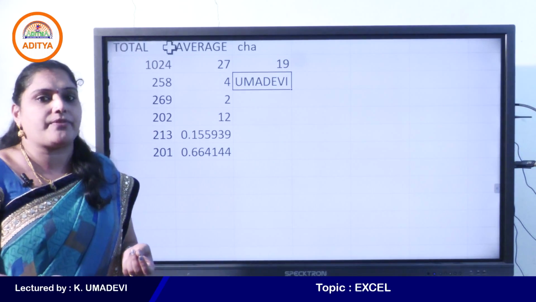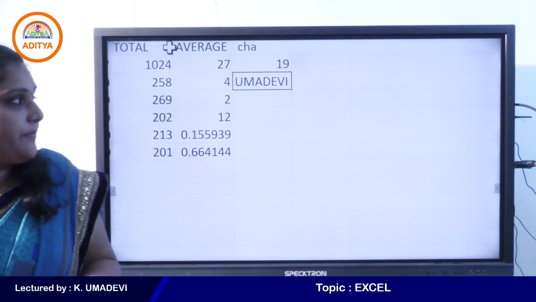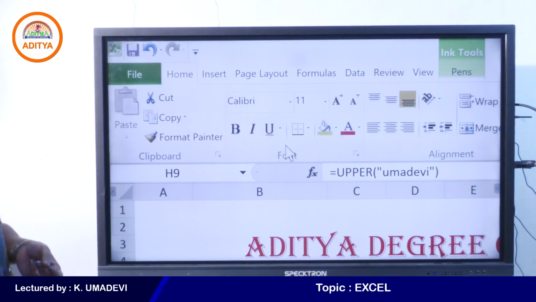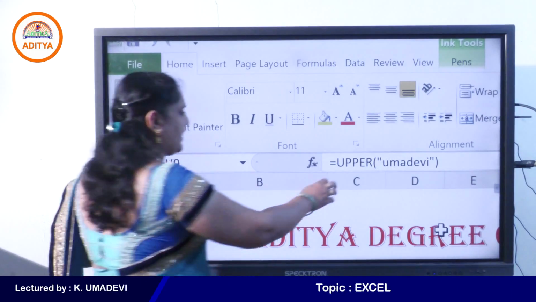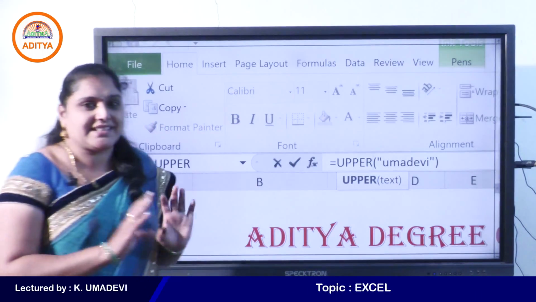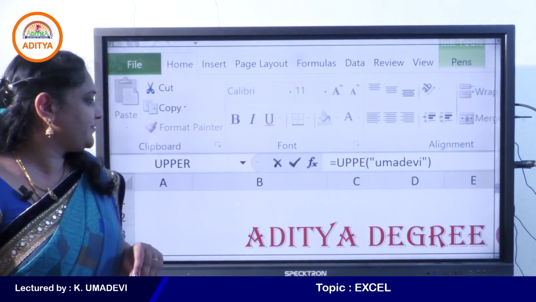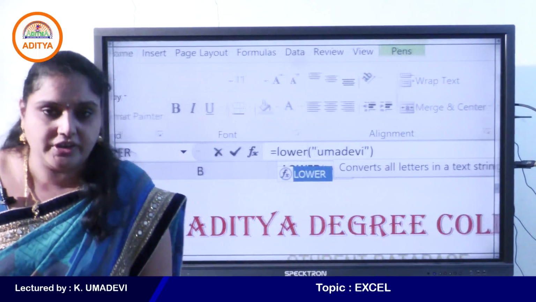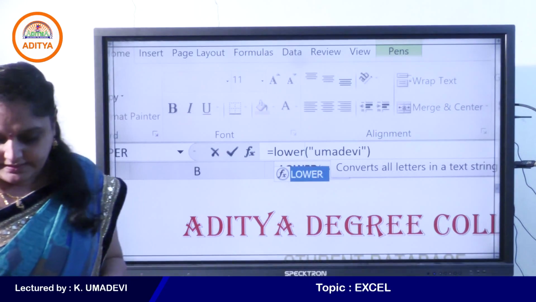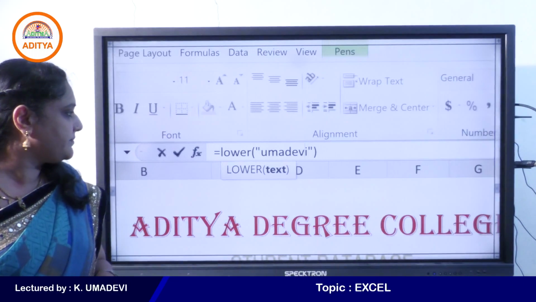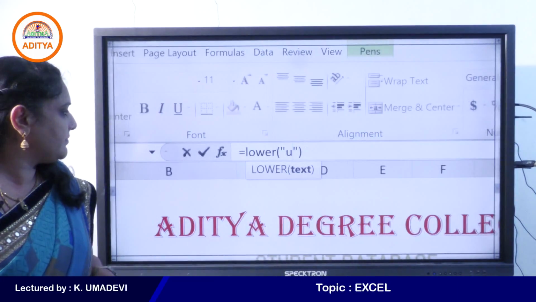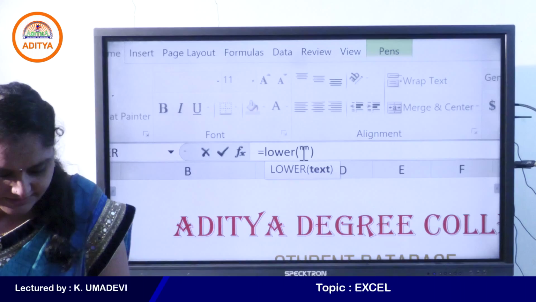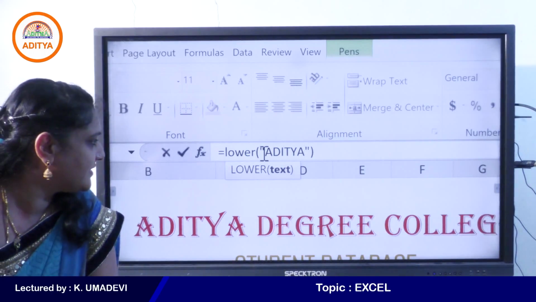So what about lower function? Lower function. So and again, I'll change upper to lower. Okay. So lower is the function name. For example, here I'll enter uppercase letters.